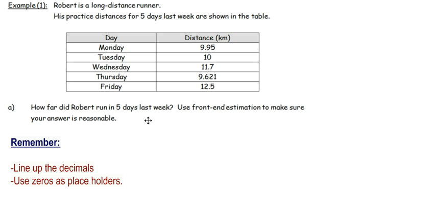So in order to do this question, we're going to have to find the total distance by adding the 5 distances together. Add this to your notes. We need to remember when we're adding and subtracting decimals that we need to line up the decimals, and we may need to use zeros as placeholders. So to find the total distance, I'm going to add